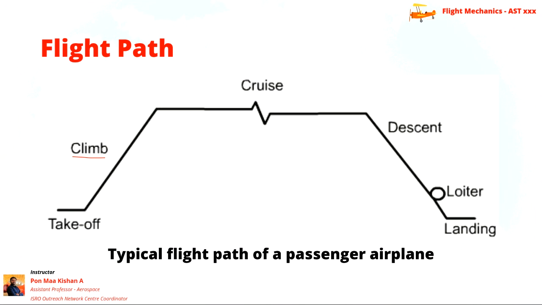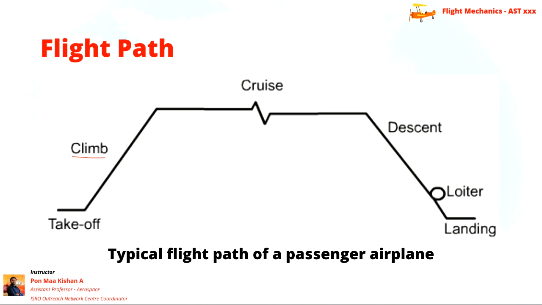It is going steadily, and after a particular altitude, the aircraft will go for a cruising movement. Even when you are traveling from Mumbai to Chandigarh or Chennai to Chandigarh, most of the time in the flight is spent in the cruising condition. There might be some variation in altitude, but most of the time we will be flying in cruise. When the destination comes, we will start to descend from a particular altitude, and we will identify how much altitude is required.